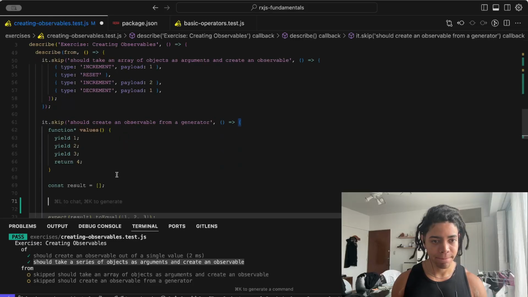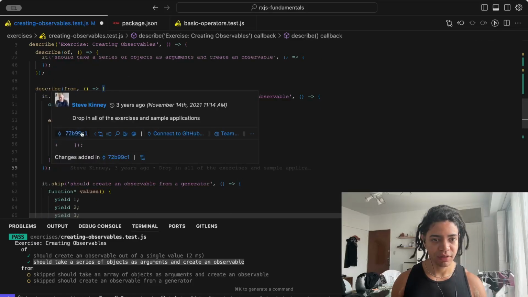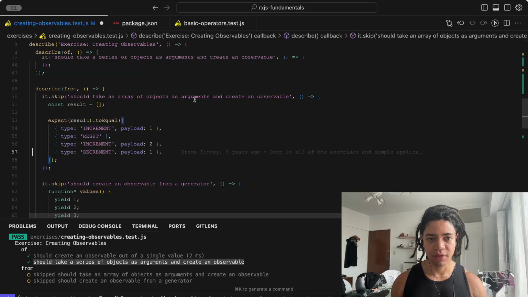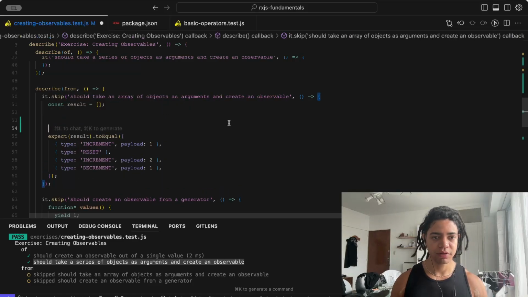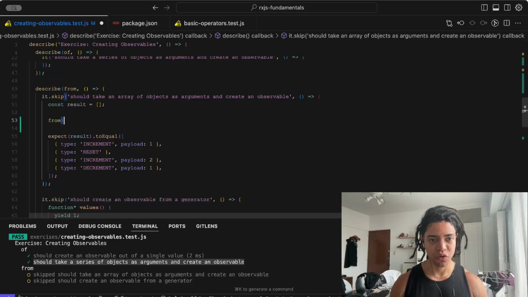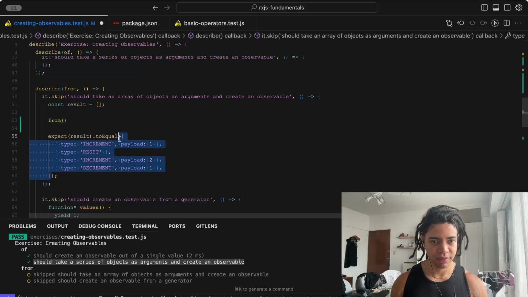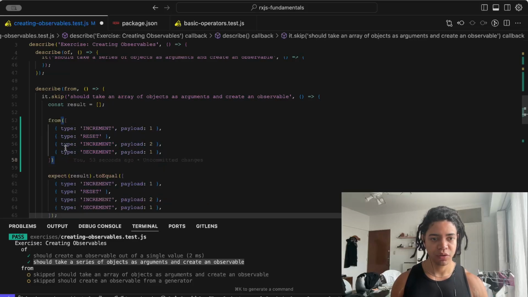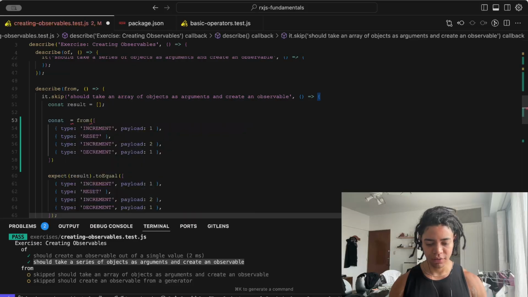Yeah, from, like so. Hey, we got another test here. It should take an array of objects as arguments and create an observable. This is pretty much the same as before, but in this case, because we are working with arrays and then generators, we now use from. We say, hey, I want to create an observable with this collection of data, and I can copy and paste this, right? All of these are static data, and then assign that to an identifier